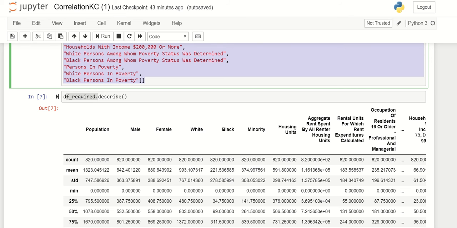This is the data frame which is required for us, and dot describe will give the minimum value of a column. Like if we take the population column, it will give the minimum value of the population, the maximum value, the value at the 25th percentile, 50th percentile, and 75th percentile, and it gives the standard deviation, and the total number of values in the column, like the population column has